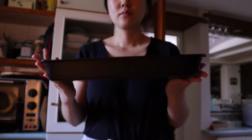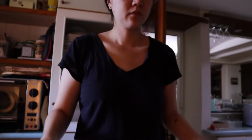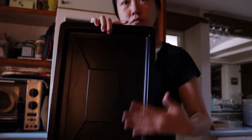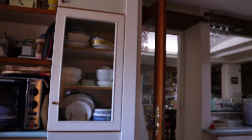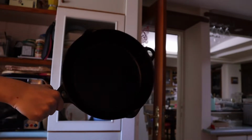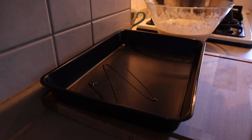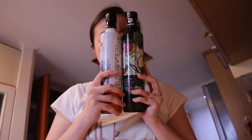So here's the tray I'll be using for my focaccia, a 9x13-inch pan. You can also use a sheet tray. This will be good if you want to make a much thinner focaccia or pizza out of the focaccia dough. Or you could simply use a round cast iron skillet. Whatever you have will work. Drizzle about 2 tablespoons of olive oil on the bottom of the pan, and that brings us to tip number